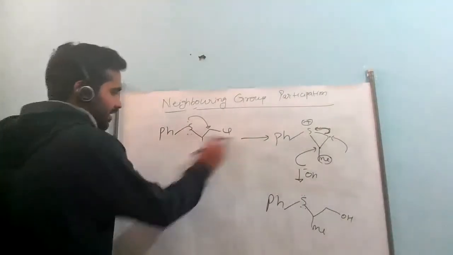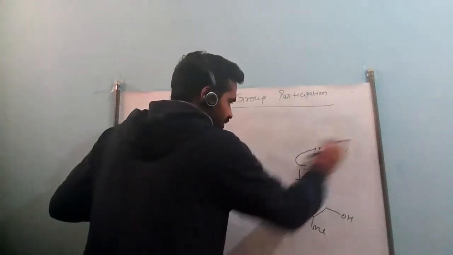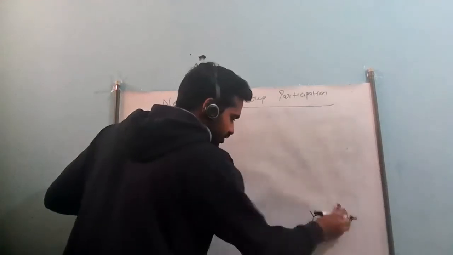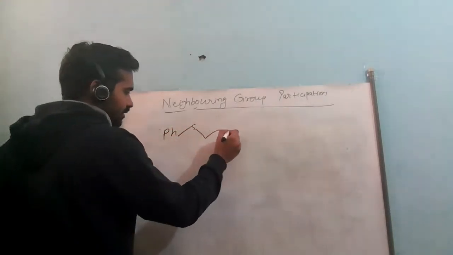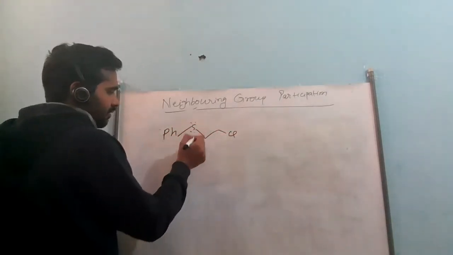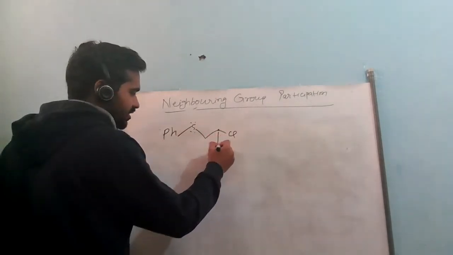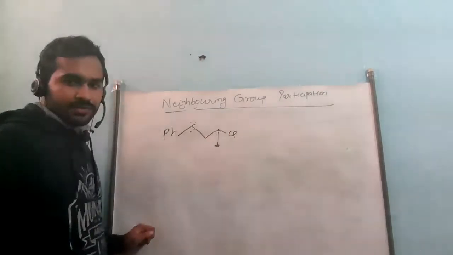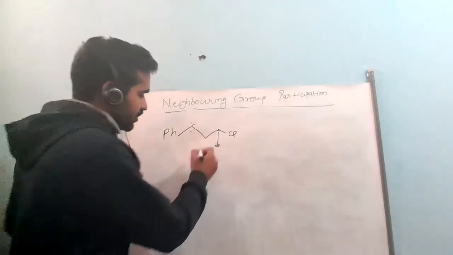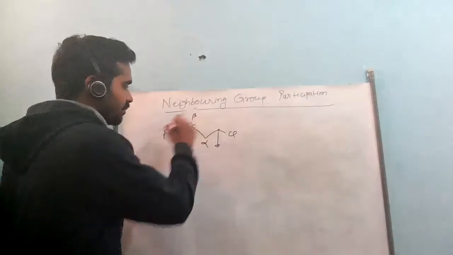Okay, friends. When we do these reactions, there are certain points that we should keep in mind, and we will discuss those points one by one. In the starting, what we have learned: sulfur, chlorine. This lone pair was interacting at the center, and we studied that this is the reaction center. So if this is the reaction center, and if we count this carbon number, this is the alpha position with respect to this reaction center, and this is the beta position.